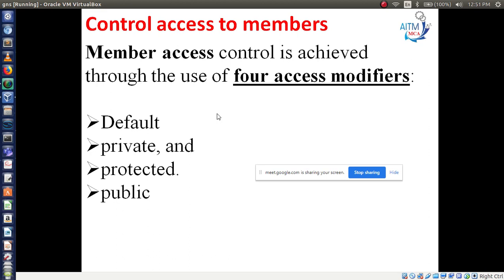Now in the previous model we have seen only default modifiers. We didn't mention the public, private, protected keywords. Simply we used direct methods, right? And another one is private, another one is protected, another is public. If we define our method as public, then what is the result? If we define our method as protected, then how do we access those members? That is the concept. Okay, let's see. One is default.